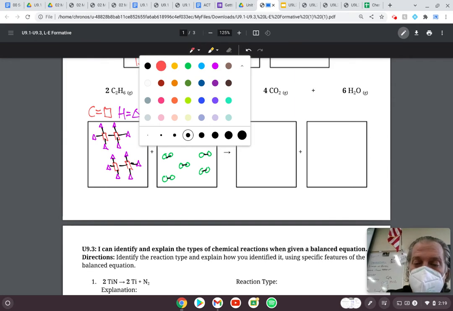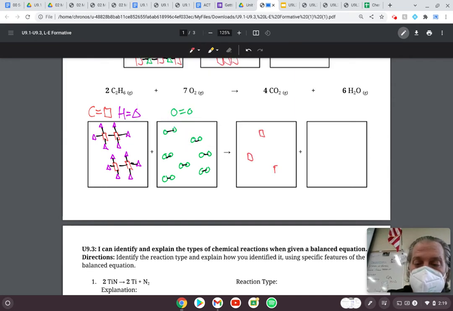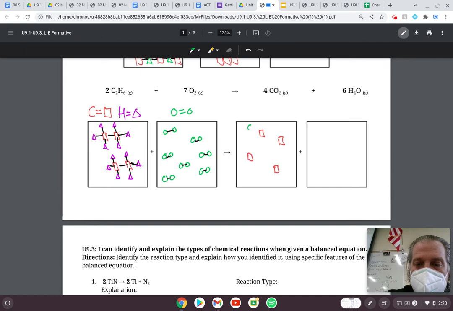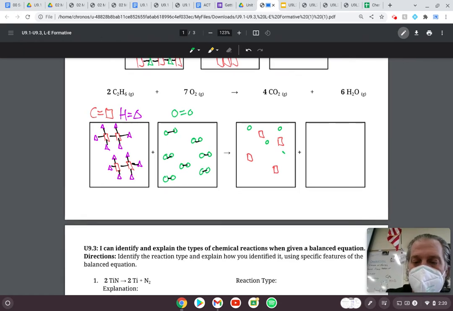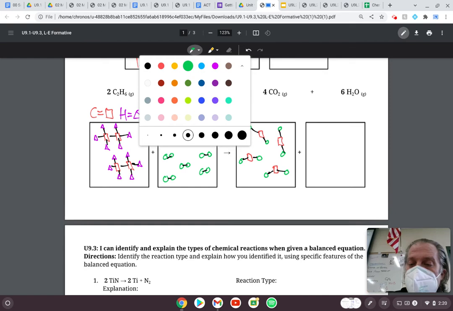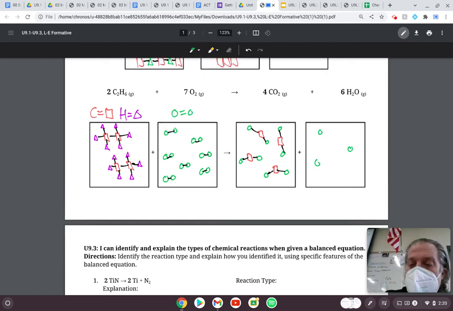So I'm going to draw like my 4 carbon squares, sort of like that. And then carbon dioxide, I got to add some O's to it. So I'm going to put an O here and an O here and O here and O here. Actually, it's really a circle. It's not an O. I don't know why I said that. And then I'm going to connect them with lines to show that they're bonded together like that. And then lastly, we've got 6 waters,